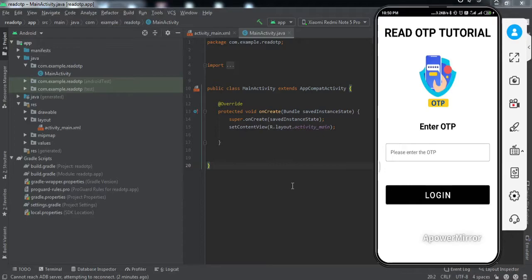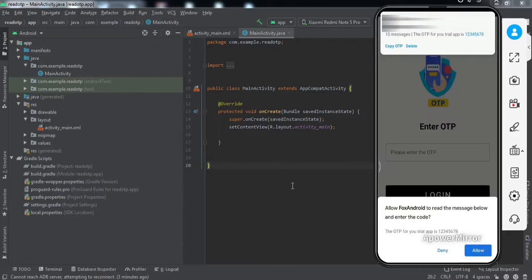So before going forward, let me just give you a brief demonstration of what we're gonna get by the end of this video. So if you can see on my mobile screen, there is this screen where we need to enter an OTP. So let me just send an OTP to this cell phone. Basically, I'll send an OTP message from another mobile that would imitate the OTP text message, right? So let me send that. It should automatically capture that OTP, right?